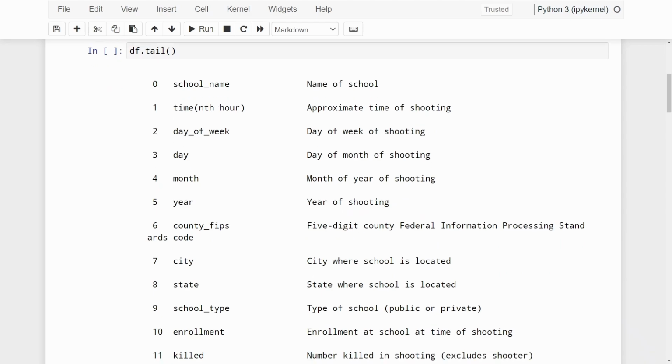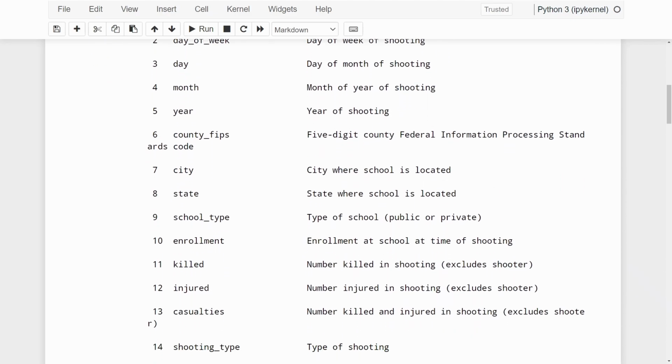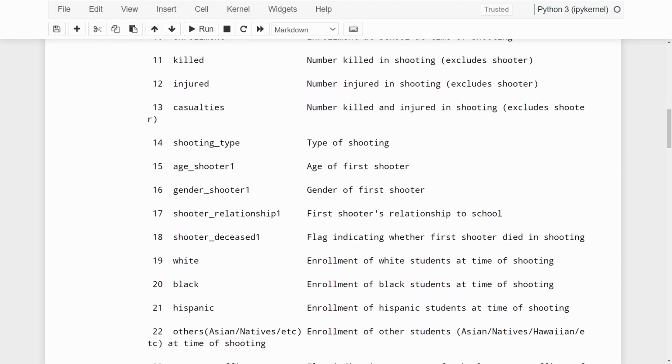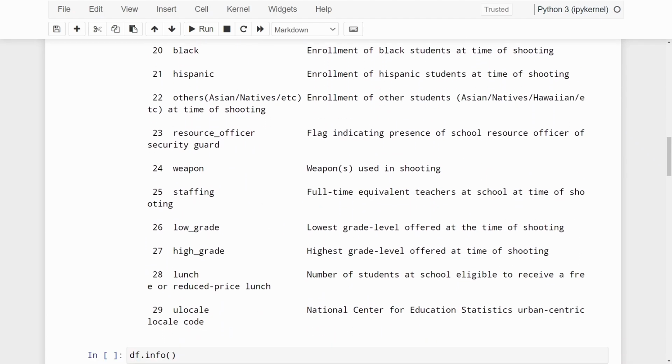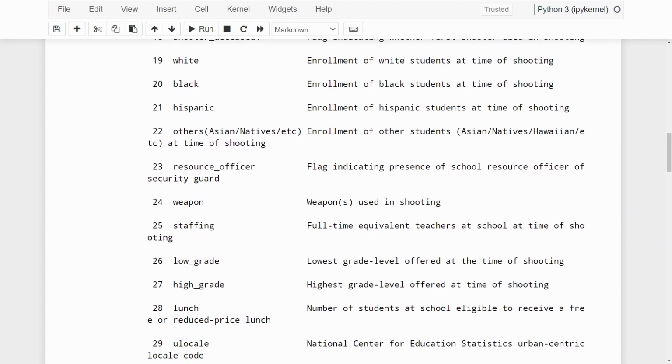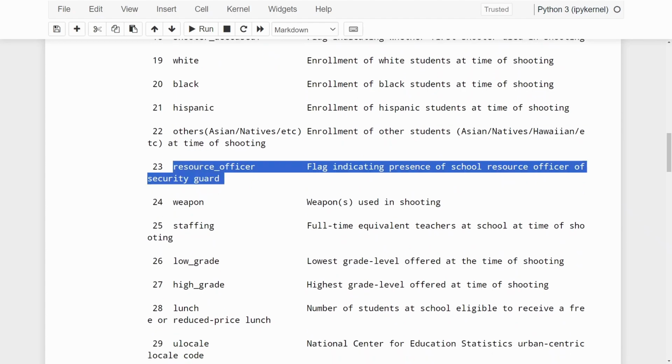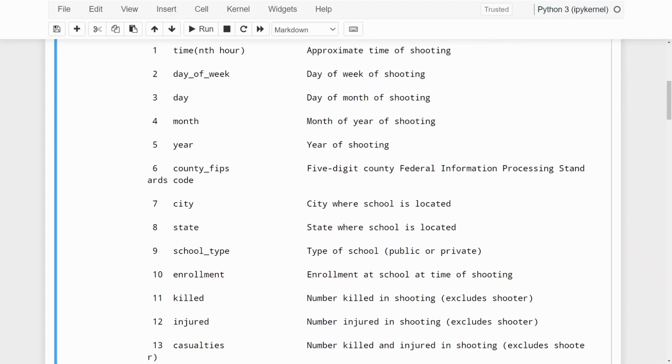Today we'll be dealing with the school shooting dataset based on Washington Post research. In this dataset, we have information on 387 school shootings since the infamous Columbine High School incident in 1999. One critical focal point is the resource officer column, which indicates the presence of a school resource officer, or SRO,